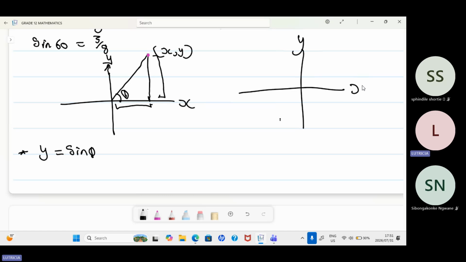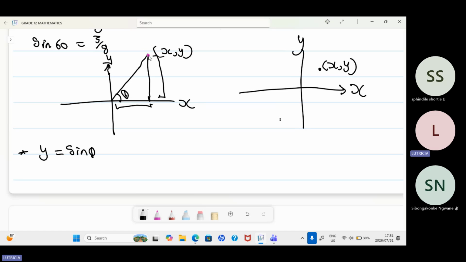Okay, let me say on our Cartesian plane, if we're to have a point here, this point would have an x value and the y value, right? Do you agree with that? Yes. Okay, so when we go back to the first diagram on the left, so what I'm saying